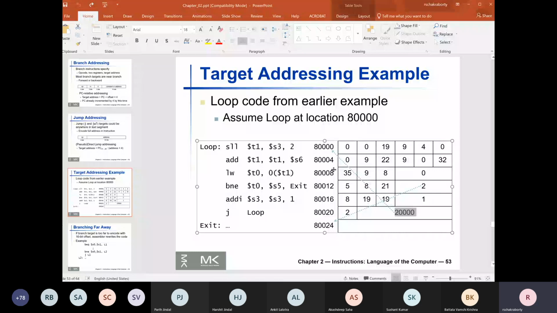The remaining 4 bits on the MSB side of the PC do not create any problem because these are very close by, so the 4 bits of the PC are expected to be the same. However, in spite of saving 2 bits by this clever observation that the last 2 bits will always be 00, so I do not need to mention them in the offset, even that is sometimes not sufficient if you want to jump very, very far away in your program.